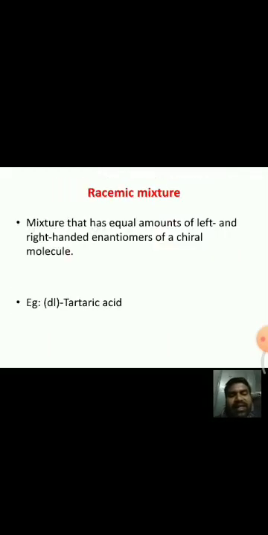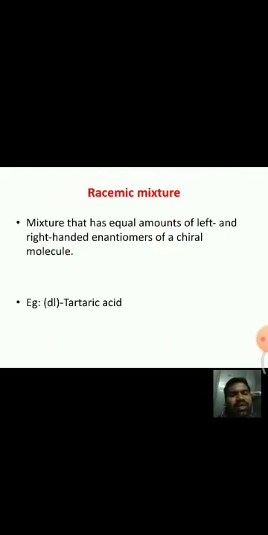Now, coming to the comparison between asymmetric and dissymmetric, all asymmetric molecules are dissymmetric, but all dissymmetric molecules are not asymmetric. But both asymmetric and dissymmetric molecules are chiral molecules. This should be remembered, and this is the relationship between symmetry and chirality. By using these symmetry elements, we can tell whether a molecule is a chiral molecule or not. That means chirality of a molecule can be best explained by the symmetry elements, not by chiral carbons.